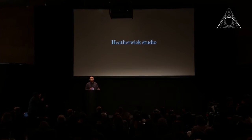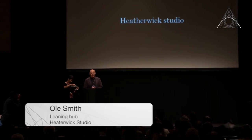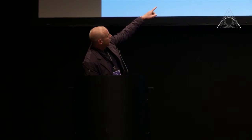I'm here to tell you a little bit about the Nanyang Learning Hub in Singapore on behalf of Heatherwick Studio. Heatherwick Studio is in London, and it's headed by Thomas Heatherwick, who's not an architect, he's actually an artist. I'm an architect, I'm from Denmark, and the project was in Singapore, and this is an old slideshow because we're not here. But it's in the east end of Singapore,